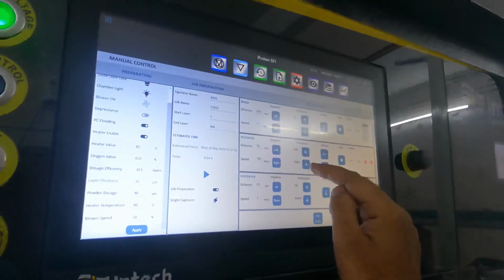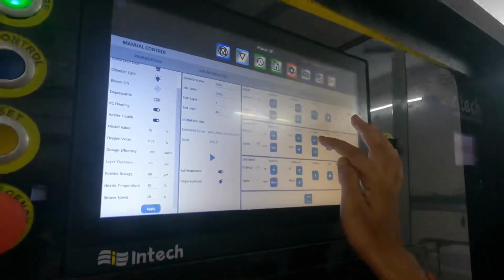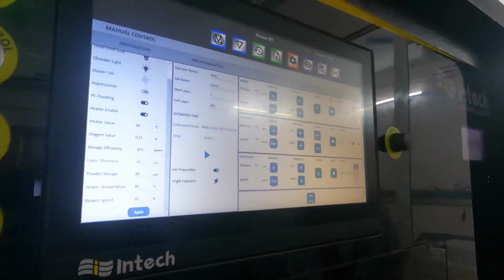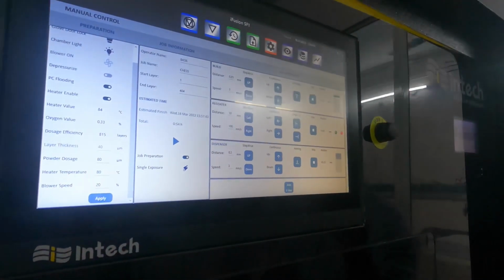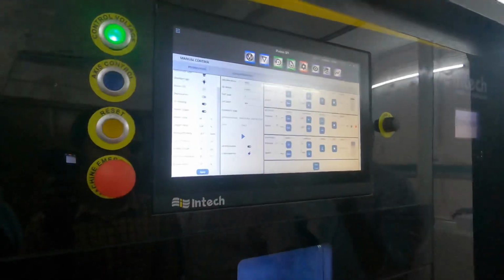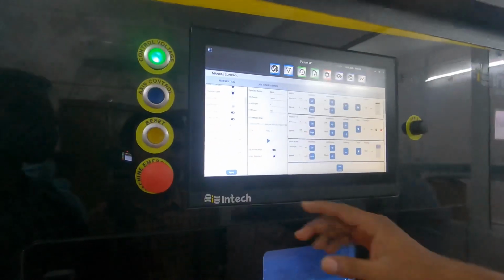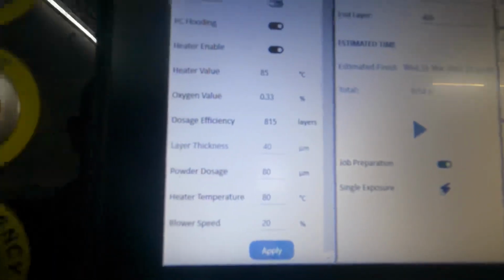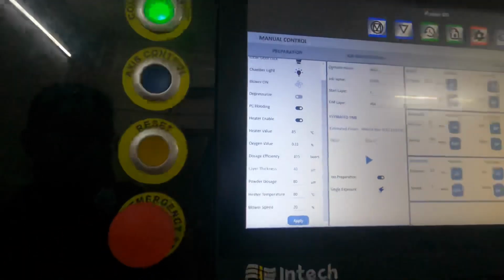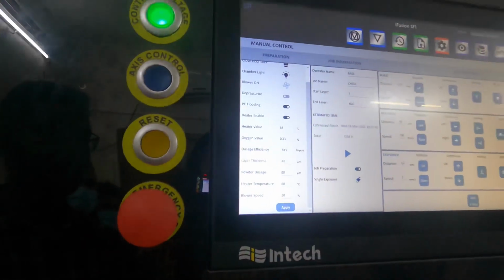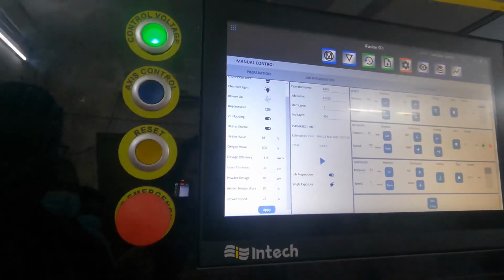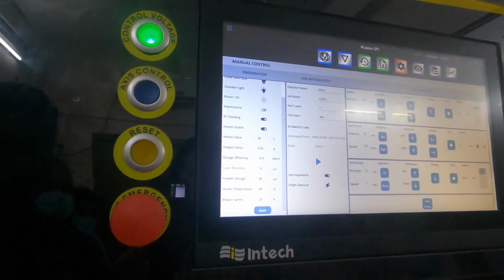Recoater homing is required. Guys, just to add, the entire printing is taking place under a controlled atmosphere. We like to maintain a nitrogen atmosphere, or we can also do it in an argon atmosphere in our equipment. You see that the chamber environment oxygen concentration we always keep below 0.5%. Why is that? Because the melt pool we create is very tiny, so we have to protect it from oxygen contamination. Otherwise, the melt pool may oxidize. Therefore, it is important that the printing be carried out in a controlled environment.